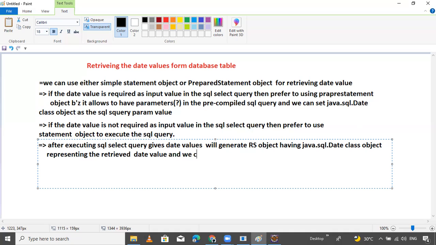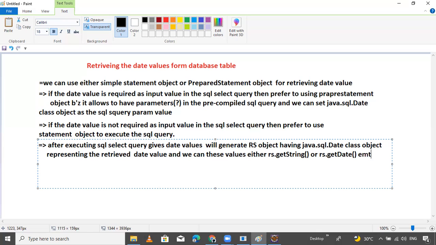And we can use these values with either rs.getString or rs.getDate.